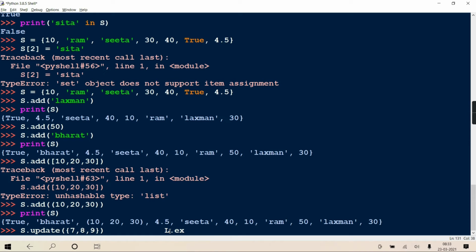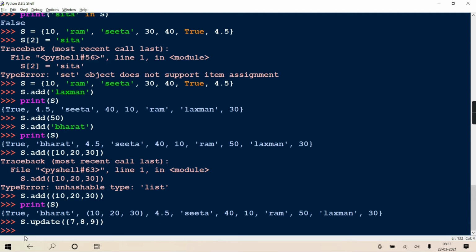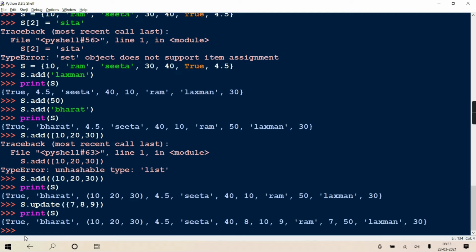Here also same thing. Now what will get added inside S? 7 will get added, 8 will get added, 9 will get added. Not this whole set. It will not add this whole set. Instead it will add that 7, that 8 and that 9. But when 7, 8, 9 get added in S, again which sequence? Don't know. It is unpredicted. See, print S. Now you'll see this 7, 8, 9 at any position in S. See, 9 is somewhere here, 8 is somewhere here, 7 is somewhere here. Clear? I hope you got it.